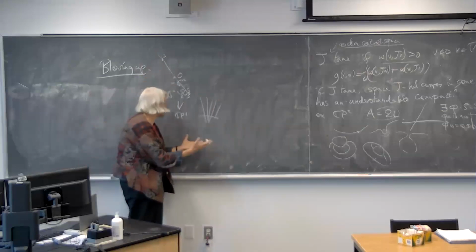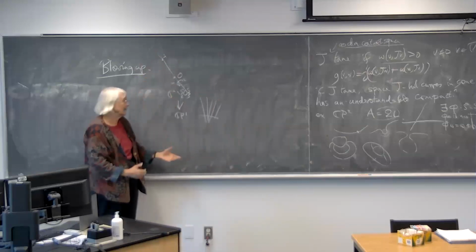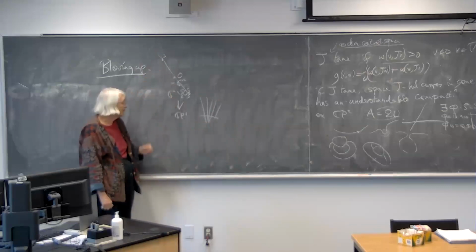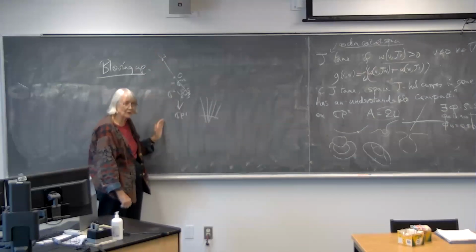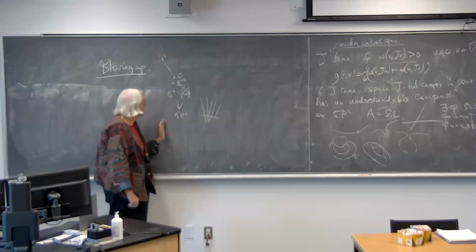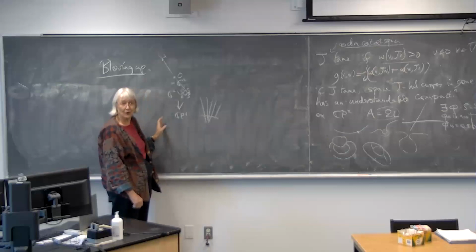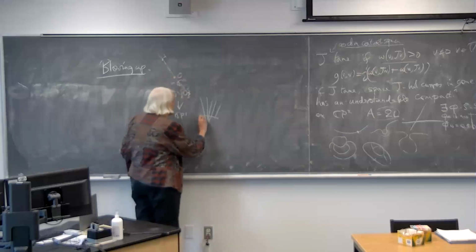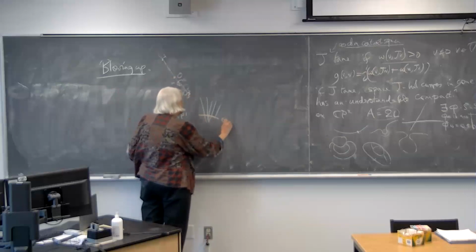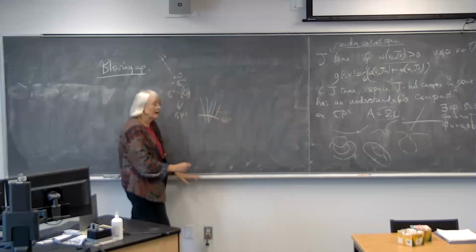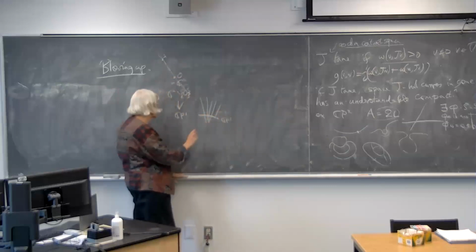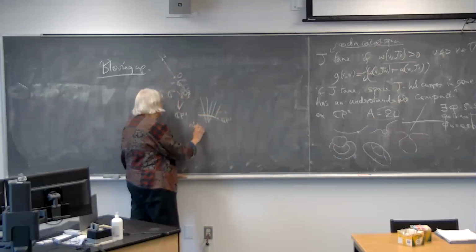That's a very robust, well-known process, and you can blow down, and these exceptional divisors are rigid, and if you see one, you can blow it down, etc. Now, if you want to do this in the symplectic world, then you need to put a symplectic form on what you get. Locally, you're fine, this is a point, but you need a symplectic form. Now, it turns out that we've got this divisor, it's a CP1, and it's got a -1 bundle over it. And you look at the symplectic structure near there. If you take a neighborhood of the 0 section